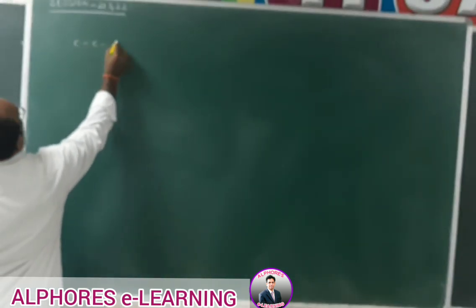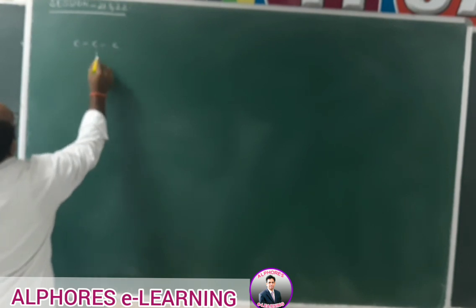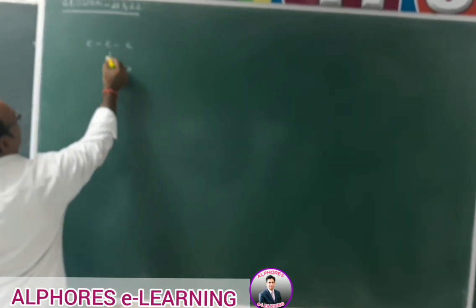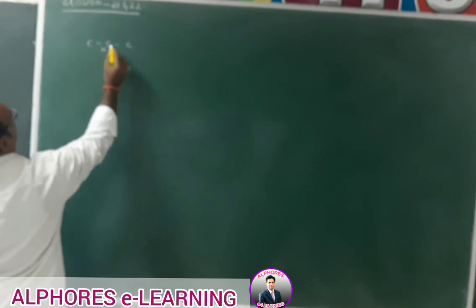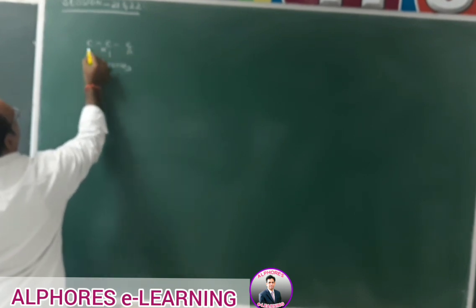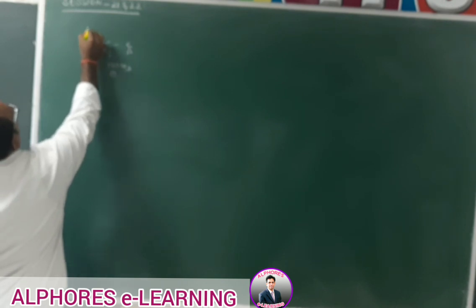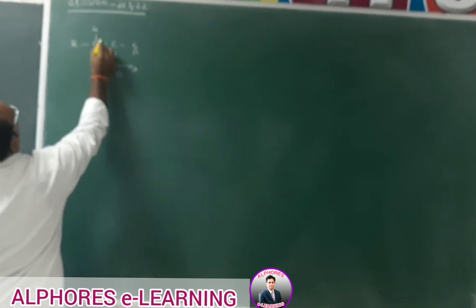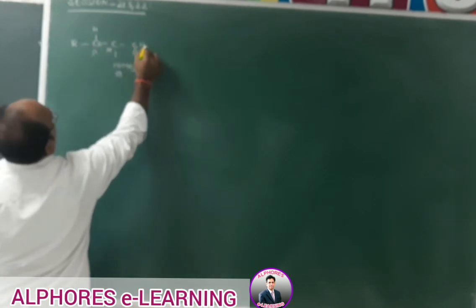In the previous session we learned what E2 elimination is and which type of mechanism it proceeds by. Now let us consider one substrate. Here the leaving group is the NMe3 plus group. With respect to this leaving group, this carbon is the alpha carbon and this carbon is beta, this carbon is beta. Now this beta carbon consists of one hydrogen and one alkyl group, and this beta carbon does not have any hydrogen atoms.